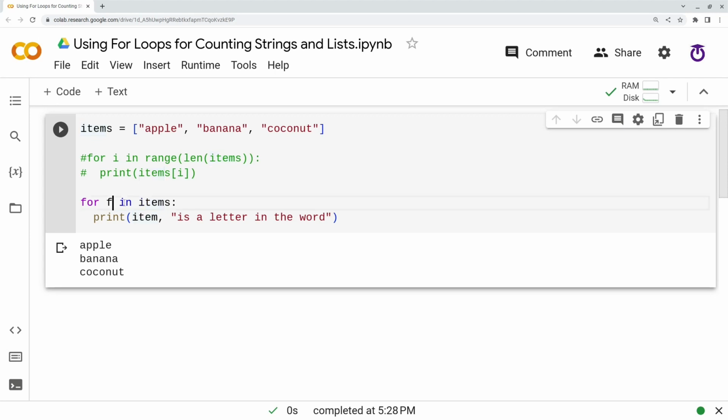Or let's call it for each fruit in items. Let's see if it also does the same thing. Yeah, there we go: apple, banana, coconut. It's taken each fruit in items, so each one of these strings, and printed it.